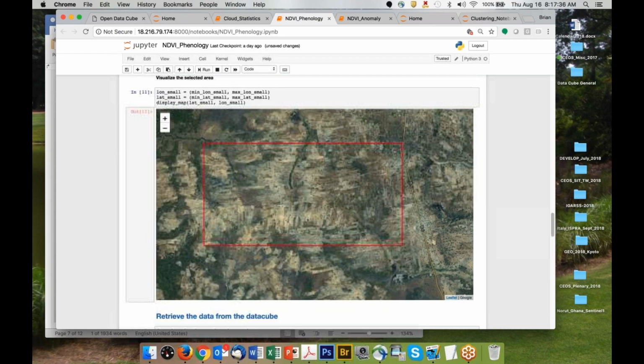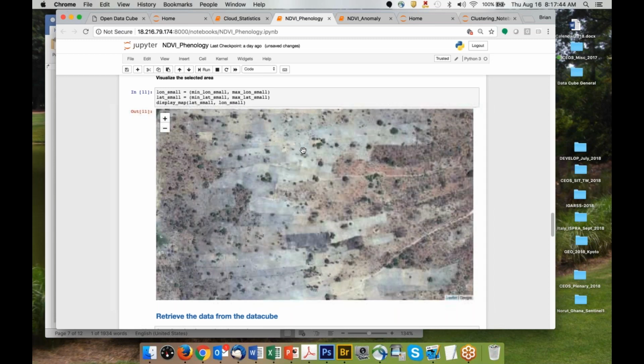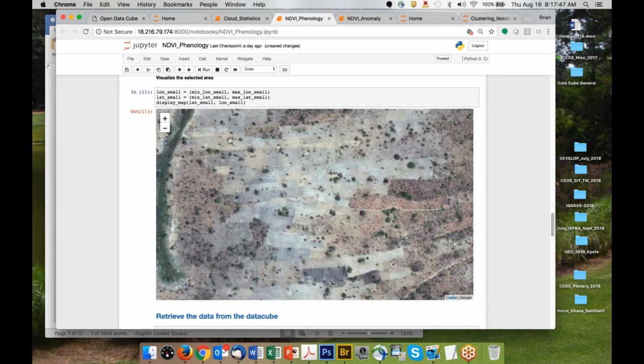let's say you're a farmer or you're doing an analysis and you know that right here, this whole field right here is cassava. I might just want to do an analysis for a very small region that I know is cassava, and I want to look at the time history of this particular crop and to see how it responded. I can also compare crops to crops. I can do an analysis for a cassava agriculture plot. I can look at maize, or I could look at something else,